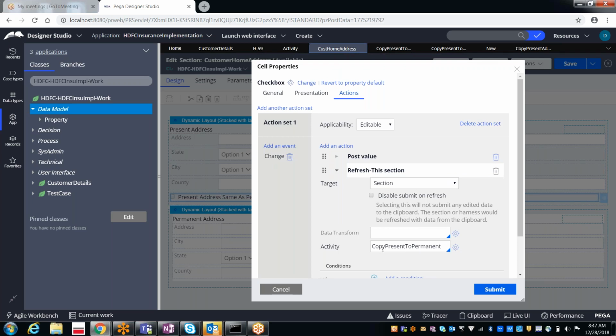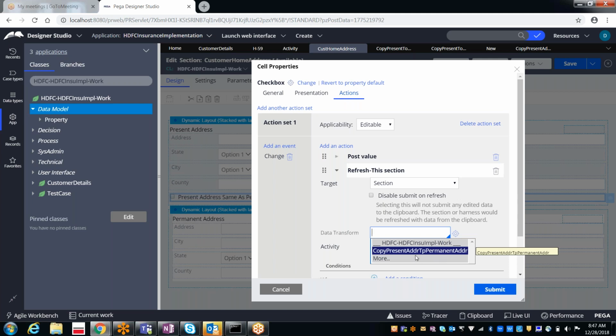Instead of that, now we should give the data transform. Earlier we used the activity, but now we will be using the data transform. Is the data transform name correct? Copy present ADDR to permanent ADDR.